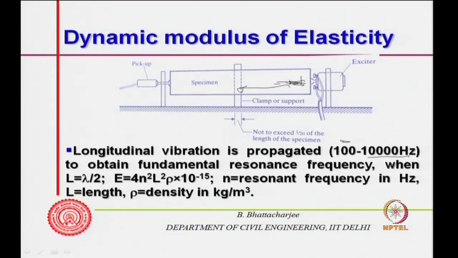So, when L is equal to lambda by 2, at that time resonance should occur. You find out the frequency at which resonance is occurring, and V is equal to f lambda. So, the frequency you have determined; therefore, lambda is equal to 2 L, and V is actually, as I mentioned a few minutes before,